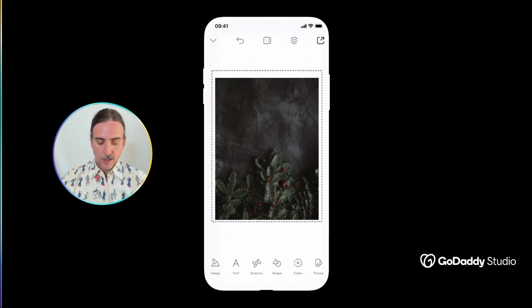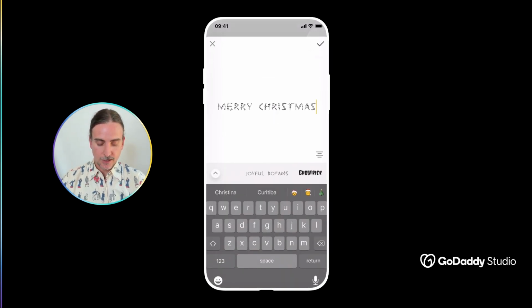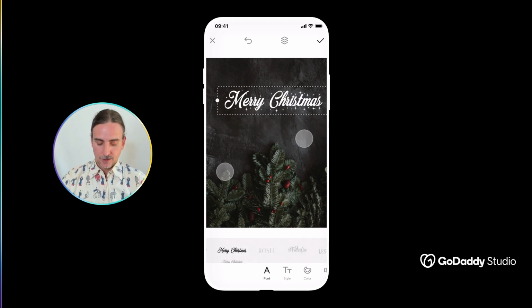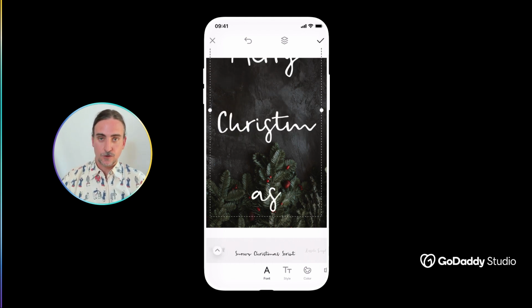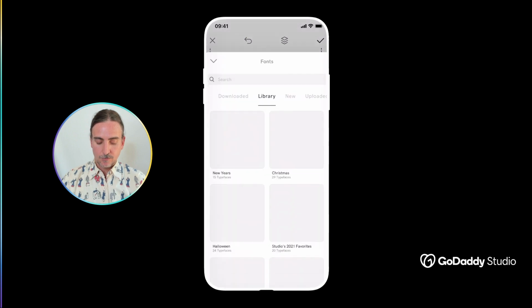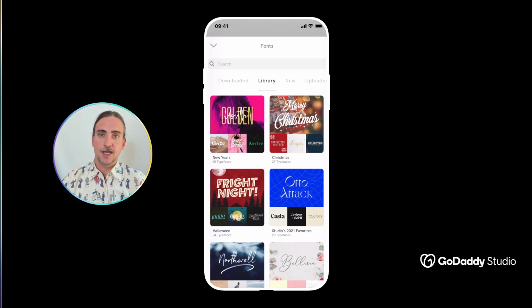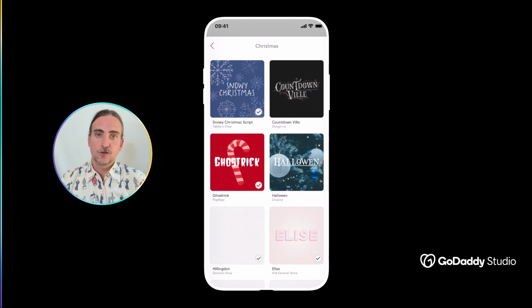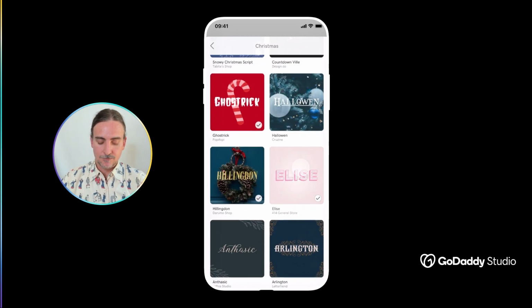Right, now we also have a wide selection of festive season fonts, so if you're going to add some text into your design, you can express that in any number of different Christmassy fonts. We have a specific collection dedicated to festive season fonts. You can find this at the far left hand side of your font tray. There's that upwards arrow, and you simply tap on that. It'll take you to our font library, and here you'll notice right at the top there is a Christmas collection. Tap on that and you can see some of the 30 or so different fonts that our design team has curated specifically for festive season designs.